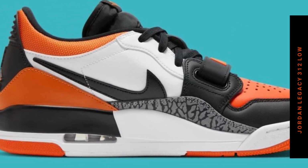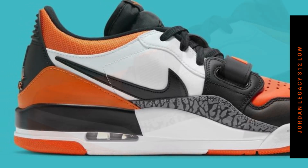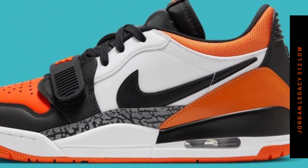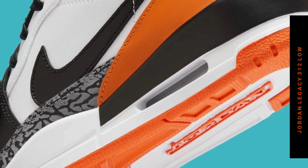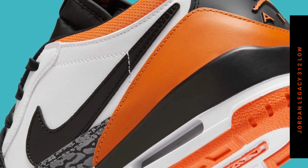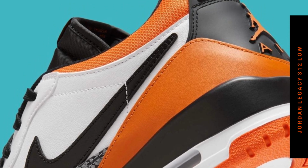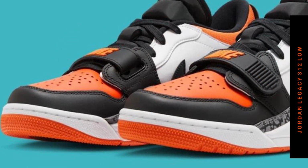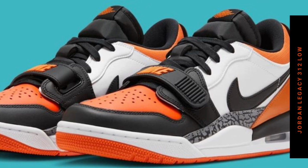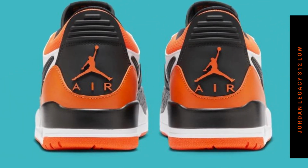The toe box's vivid orange and dark hues combine to create a 1-2 punch effect that is seen across the majority of the upper. Echoing Tinker Hatfield's 1988 design, the adored Air Jordan 3's elephant pattern can be seen along the lower profiles. The Jumpman and Nike branded product has an air unit that is visible at the back portion of the foot. The shattered backboard transition is completed with an orange that resembles a starfish thanks to the tried-and-true